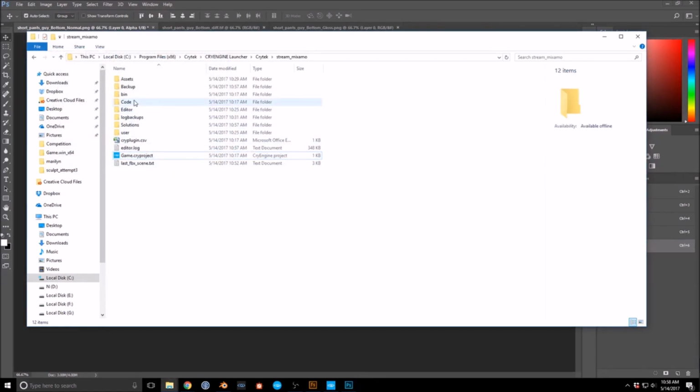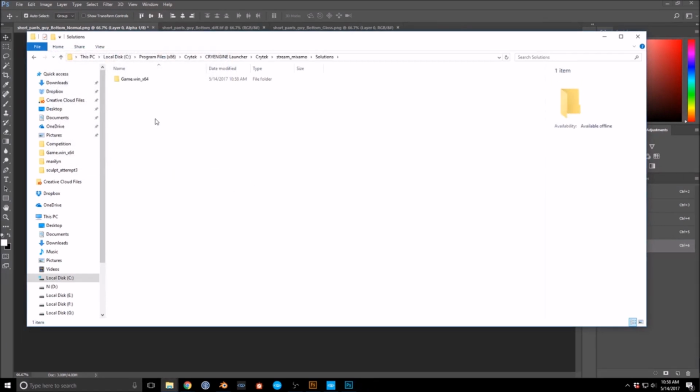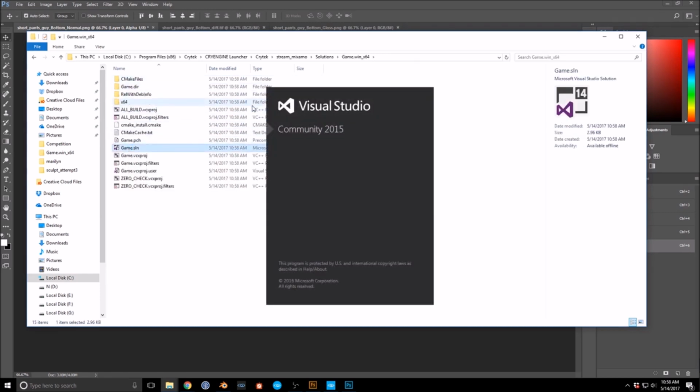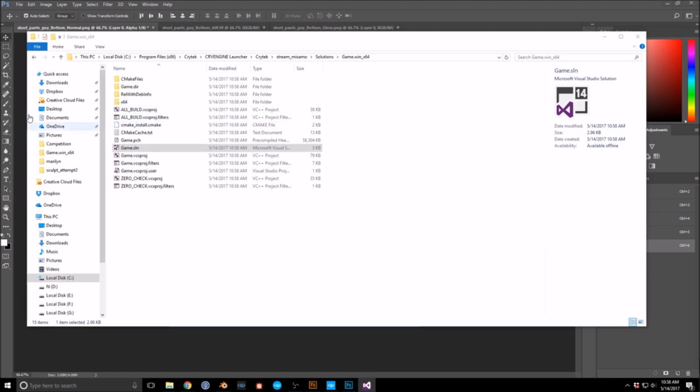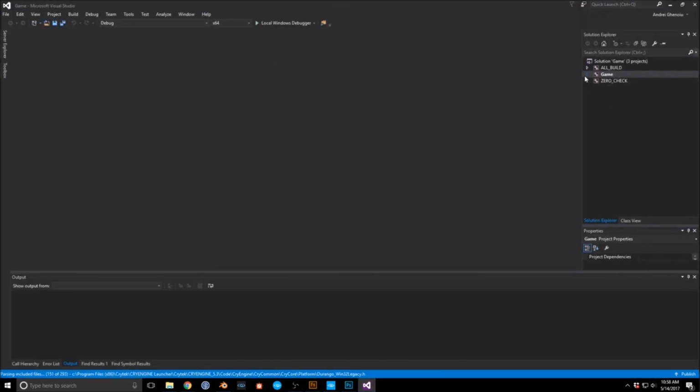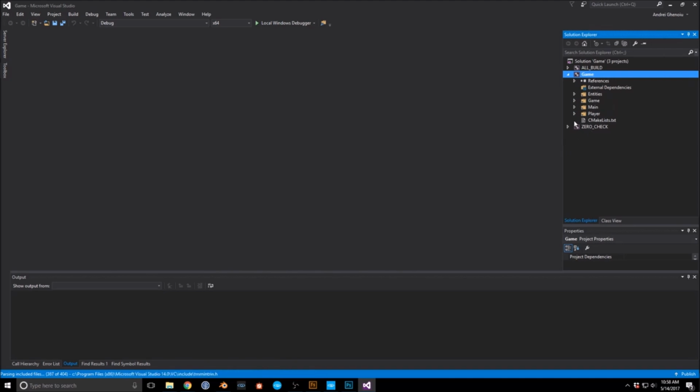Okay, so let's go into solutions, and then we have our game solution right here. So this is starting up right here. There we go. So we have our game solution with our project here. So what we want to do, first of all, is change the player. So if we go into player CPP,